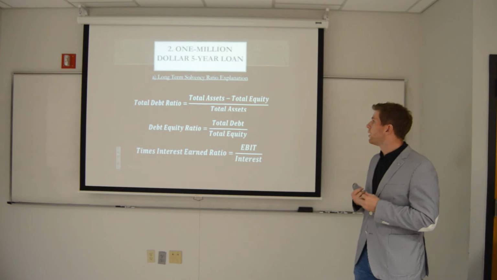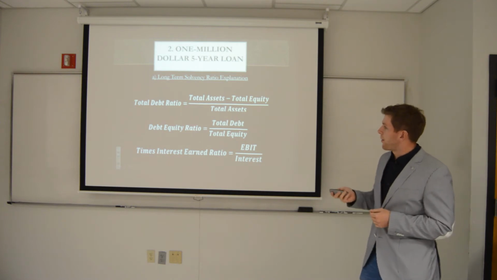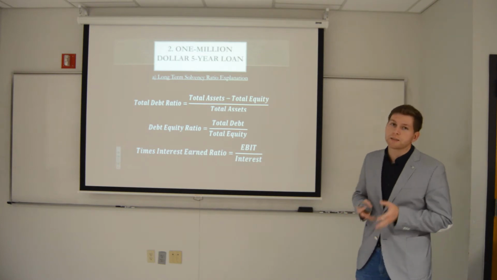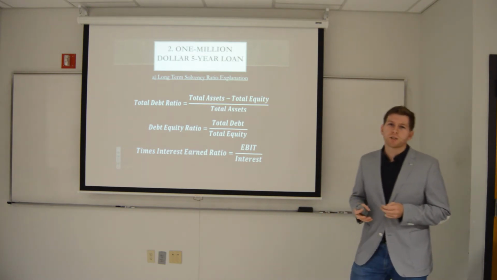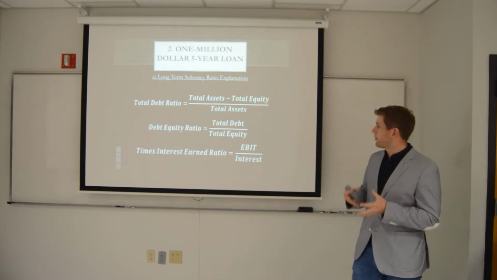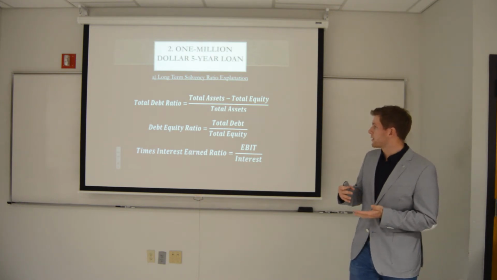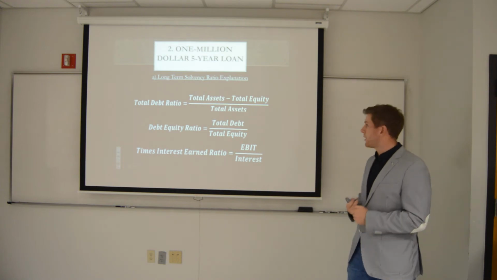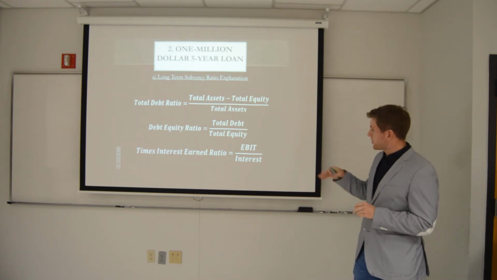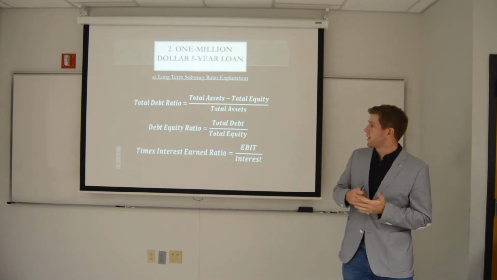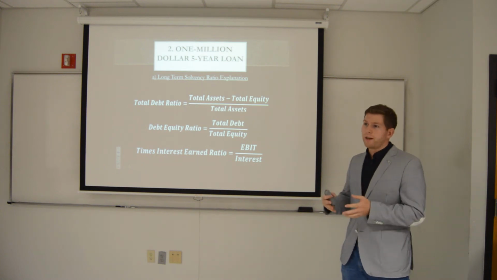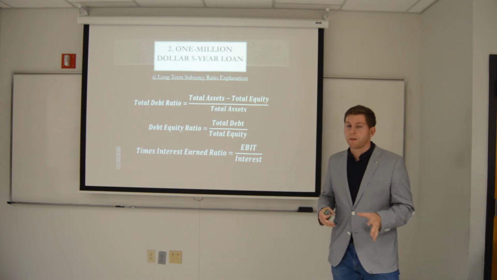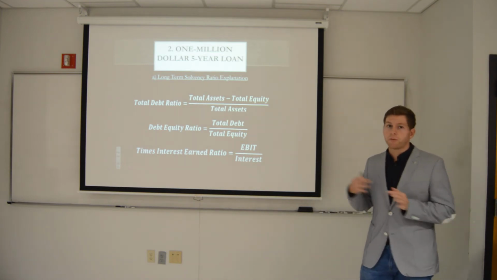I have to look at the company's long-term solvency ratios. I picked the total debt ratio to do this, which is total assets minus total equity, which basically means all their debt, all their total liabilities, over their total assets. So that basically means for each dollar in assets they have, how much liabilities do they have. So I want this ratio to be really low, because a high ratio would mean they have more liabilities and they're using more liabilities to finance their assets. So they're probably going to have a lot of debt already and I don't want to give them any more